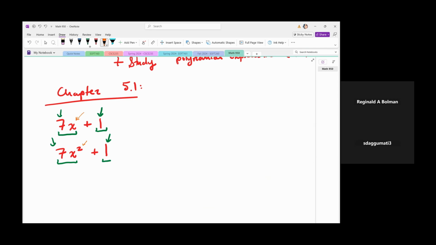Remember that anything raised to the first power is just that something. So even if we didn't necessarily write 7x as 7x to the first, we're supposed to know implicitly that we have an item or an object that is being raised to the first power. And so what we would say about these two different physical systems is that they're only different in terms of the degree of the equation, or the exponent, the highest exponent